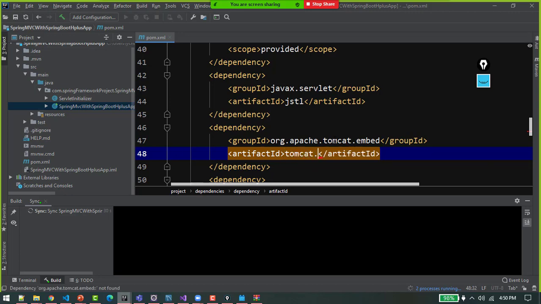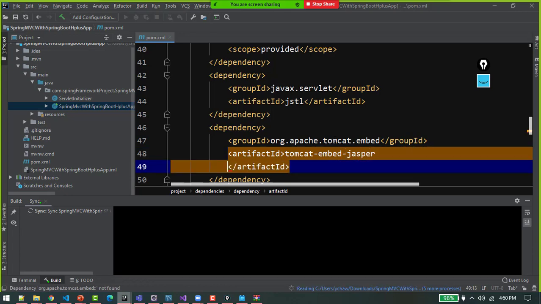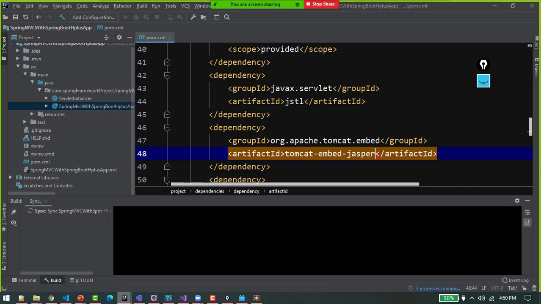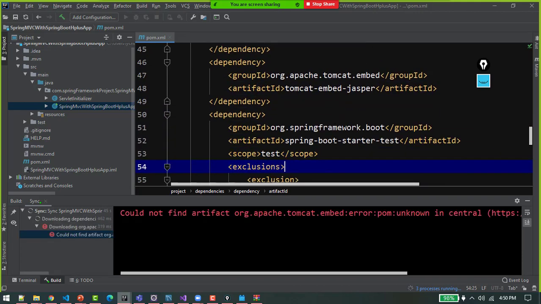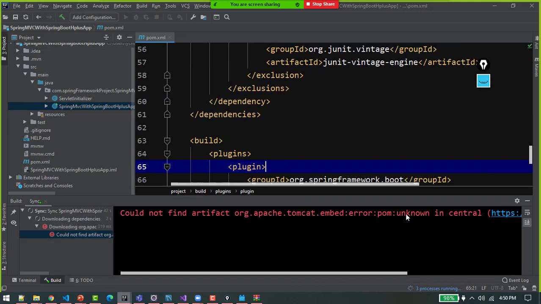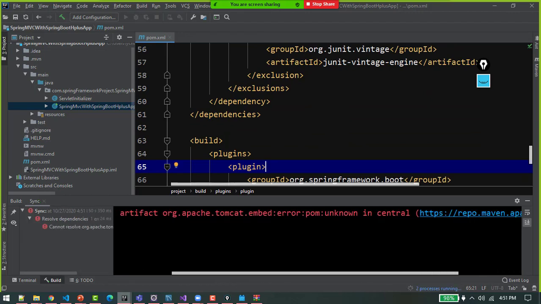Artifact ID is tomcat-embed-jasper. This will help us to first of all create the war file and then deploy the war file. Right, org.apache.tomcat.embed, from the central repository.